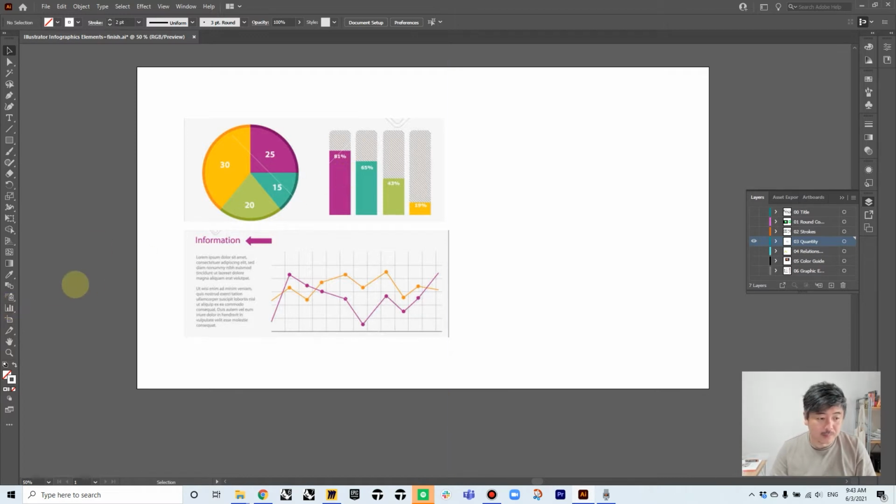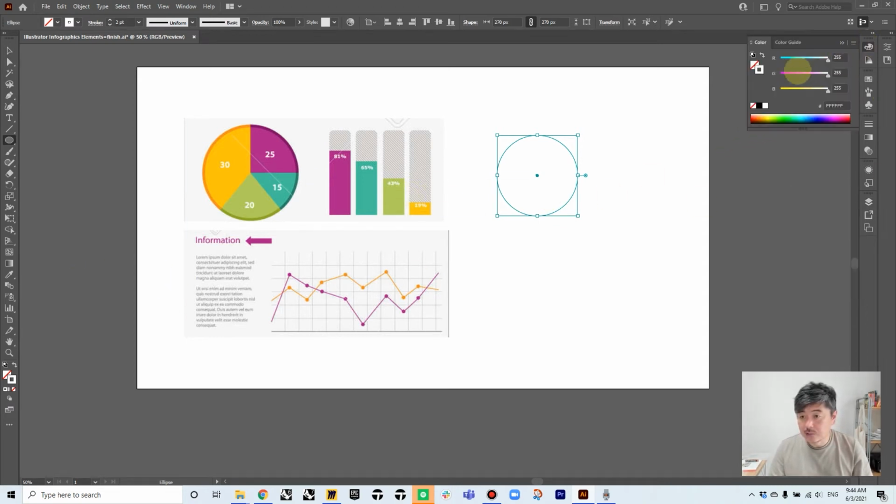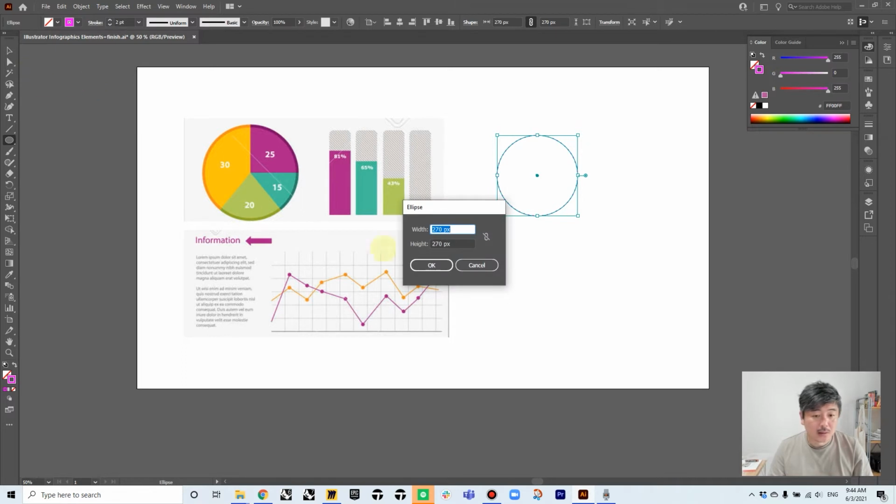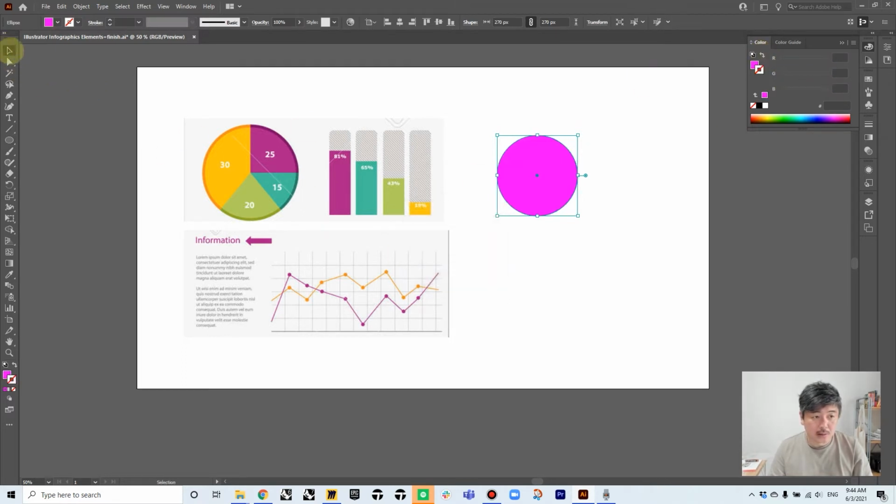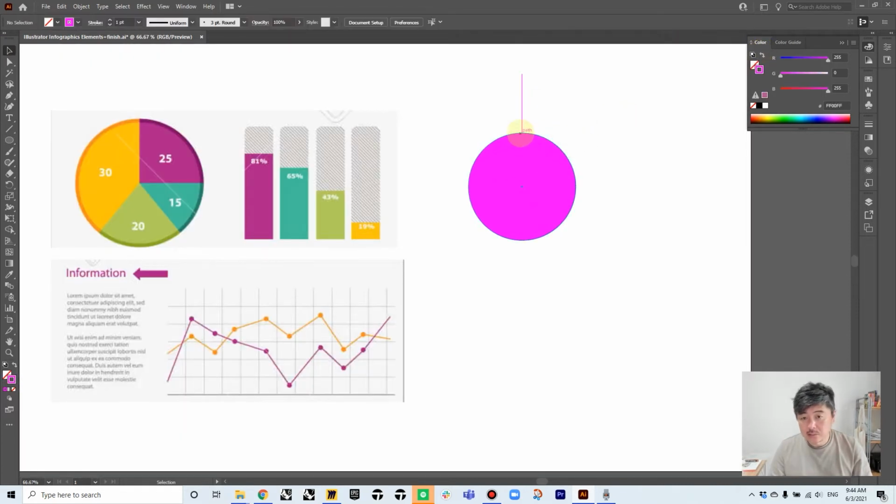But I guess the easiest way to do it is to create ellipse, and I am going to change color. So this is ellipse, and you can create a line from the center, which should be a stroke, and so